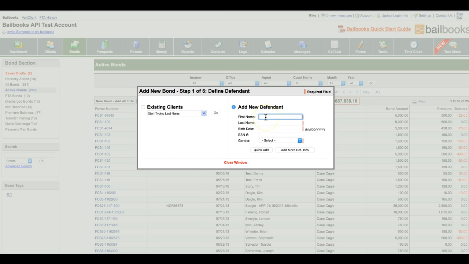The first step is telling the system who the defendant is. So I'm going to do David Smith. His birth date is 09/12/1976. Now, if for whatever reason you don't have the birth date or you haven't got it yet, enter 01/01/2001. So anytime you see that birth date, you'll know that that was one that you didn't know. I'm going to go ahead and set the gender to male, and I'm going to go ahead and click Add